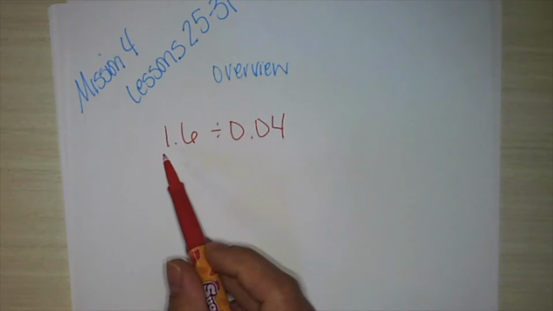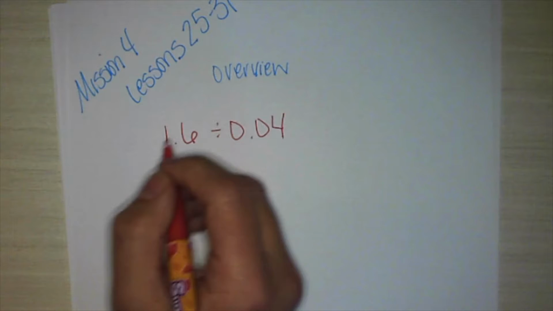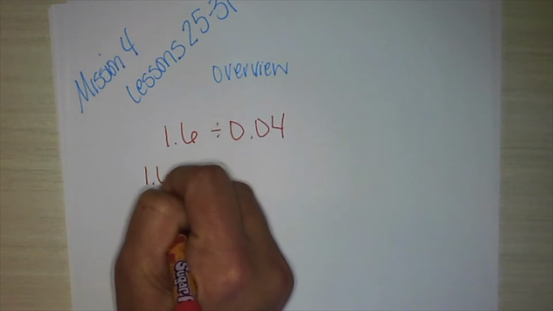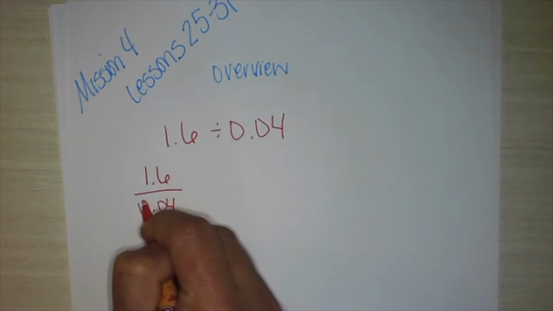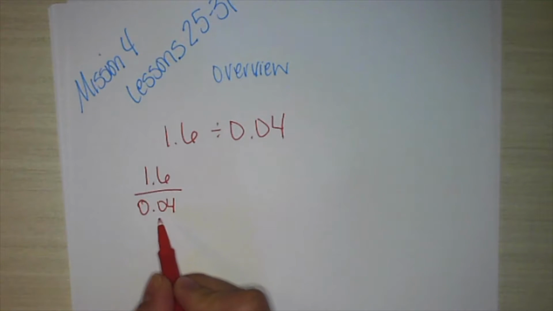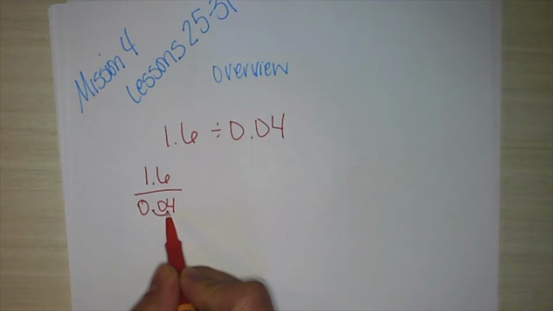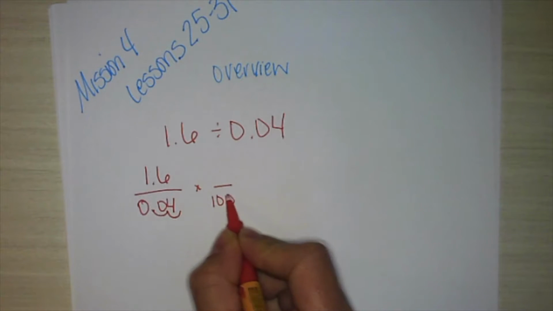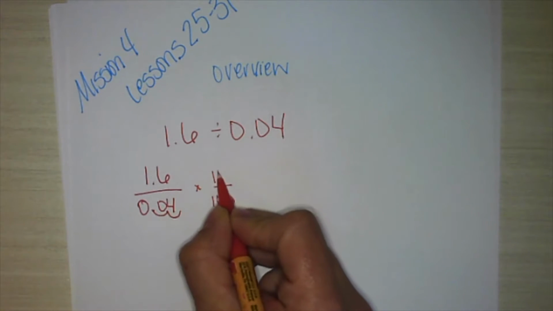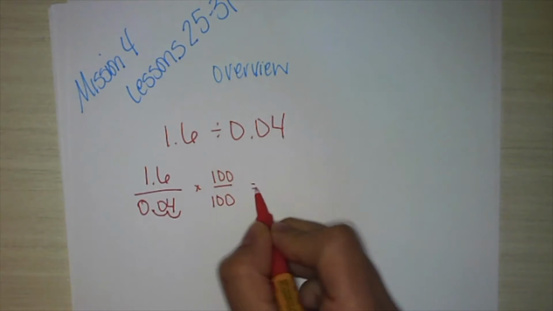Let's divide 1 6/10 divided by 4/100. So we are first going to create a fraction. For this, we want this bottom number to be a whole number. And to do that, we have to multiply by 2 zeros. So that's multiplying by 100. Whatever I do to the bottom, I have to do to the top. So when this gets multiplied out,